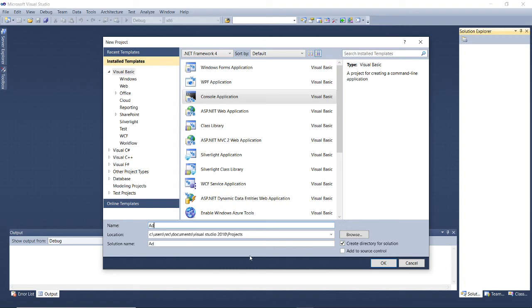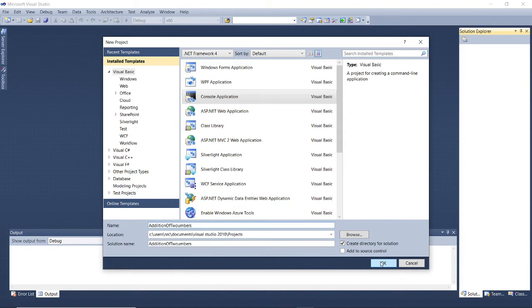In the introductory part of Visual Basic, as I have told you, there are some Hungarian notations. Like this you have to write either a variable name or your program name. So addition of two numbers is my program name.